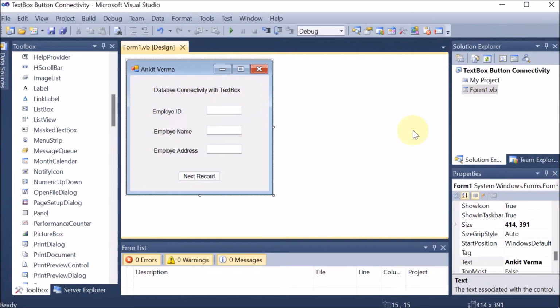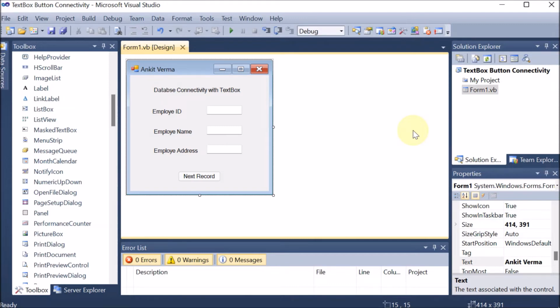Now we want that the database we have created should be linked with our .NET. We know that there are 3 steps. So the first step is done. That means database is created. You can create database with SQL, Oracle or MS Access, totally up to you. In this project, we have taken the MS Access. Now we are going to the second step.